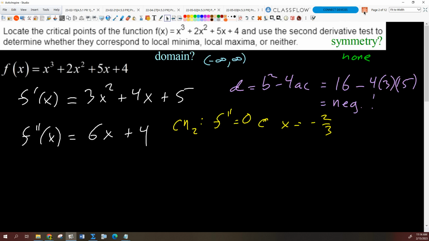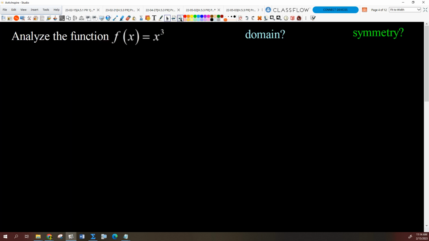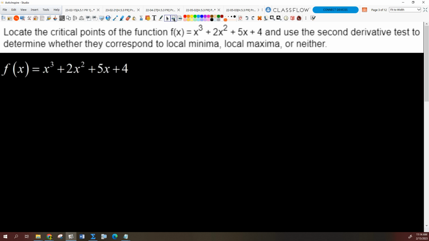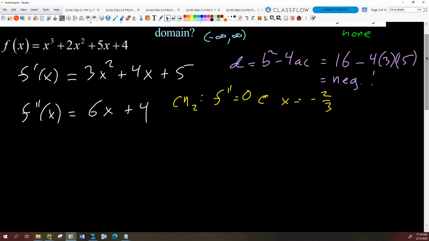Okay, let's just copy this. I don't know if I even need to. We can just do it here. There's plenty of room. I won't even bother going to the next page. Okay, so if we make our table then,